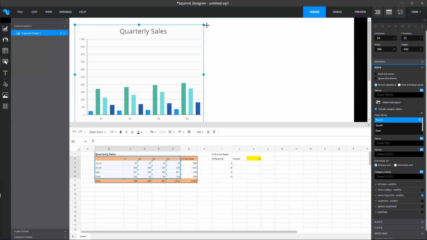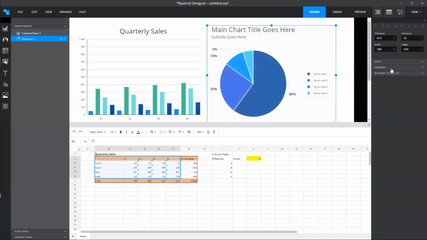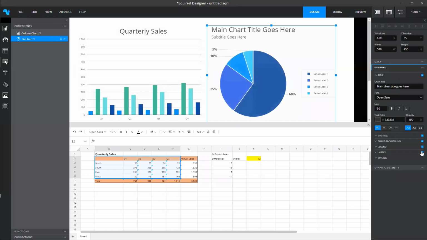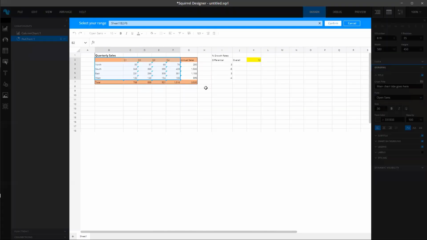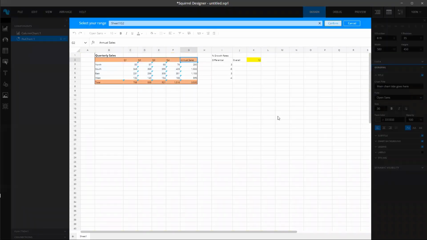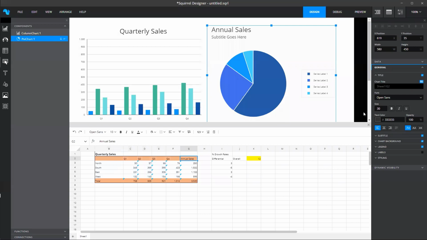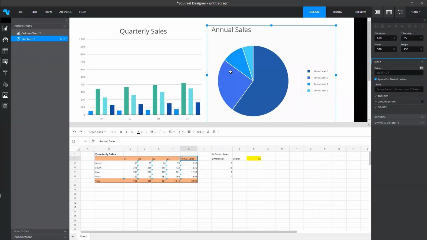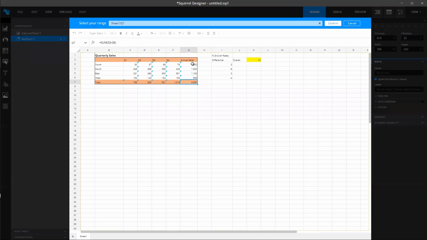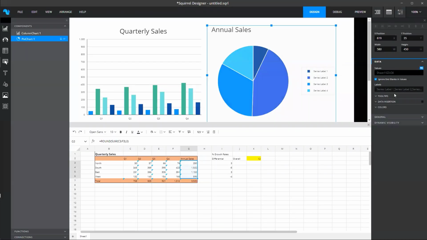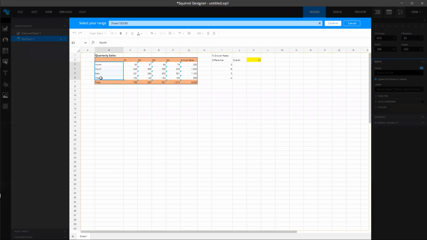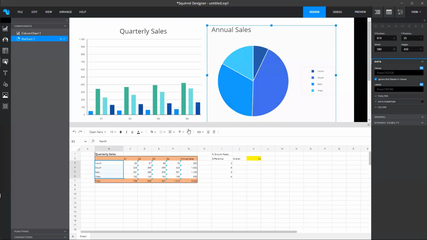I'm going to also add a pie chart here. Again, I'm going to make a little tweak. I'm going to turn off the labels there, and then start to bind it. So I'll bind this, it's going to show me the total for the various regions. And again, I don't want a subtitle. And now again, I can bind the data. I'm going to bind the values here. Oh, wrong ones. Bind those values, and then bind the labels to give me North, South, East, and West. So there we have those there.